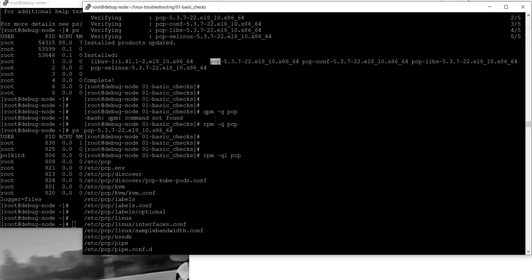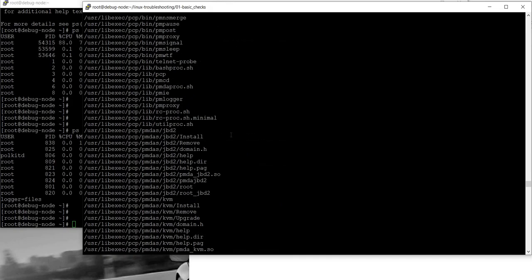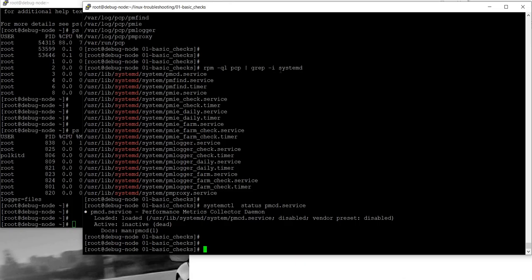But just to find out, what you can do is list all the content installed by a particular package with this command, rpm -ql, which will list all the files and folders it has created. And if you just want to see the systemd, because we have the service and the timer unit file,